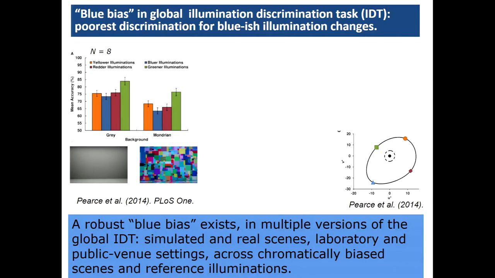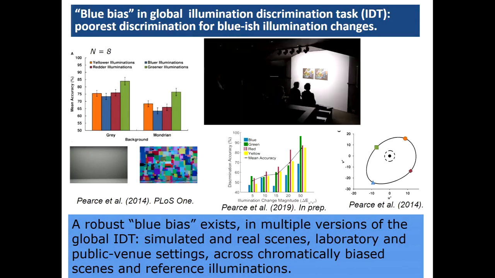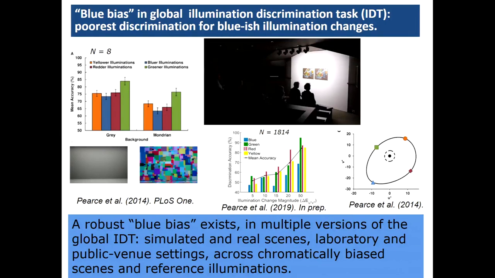And this is a very robust finding, which we and our colleagues have now shown in multiple situations. And we describe this as a discrimination ellipse in color space where the threshold is much bigger for seeing changes in the bluish direction. And one of the experiments where we've shown this blue bias was in a public experiment at the installation in the National Gallery that I referred to. So I'll just take you through that experiment where instead of in the lab where we could test 8 people with multiple trials, in the National Gallery installation, we could get very reliable responses from 1,800 people, although actually 10,000